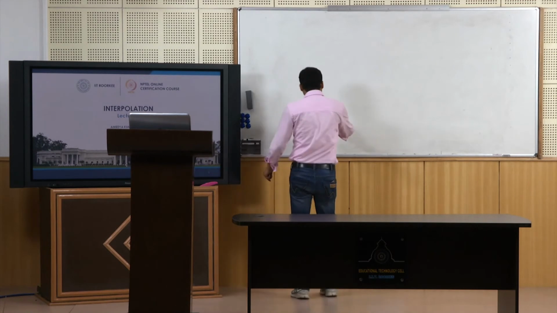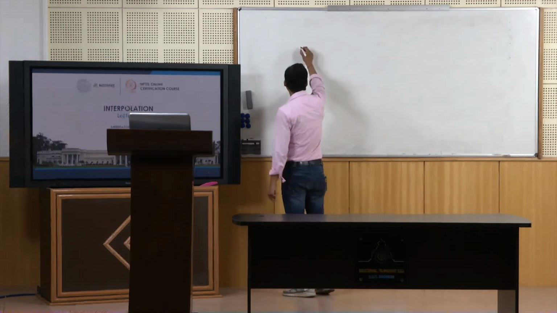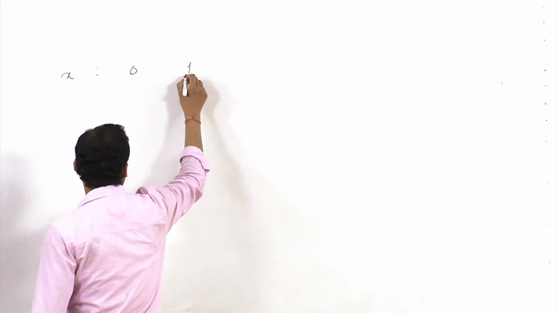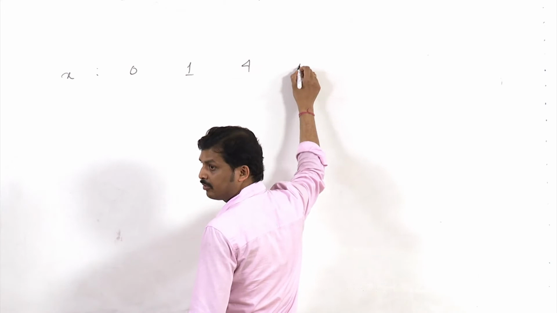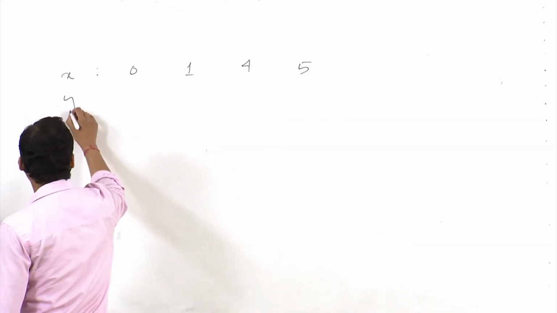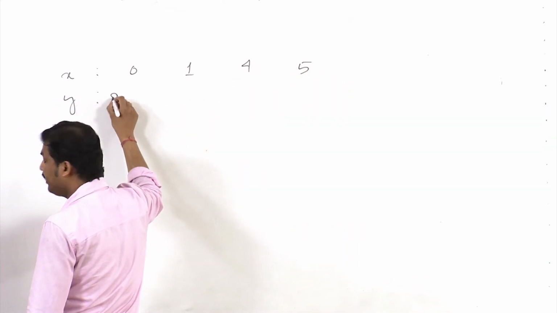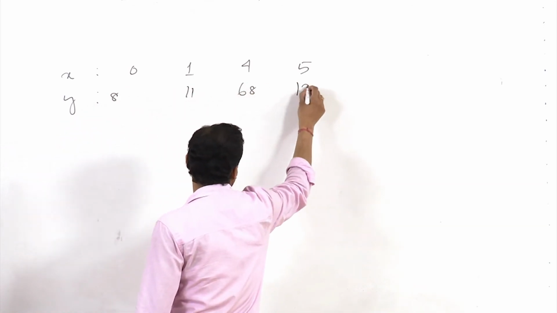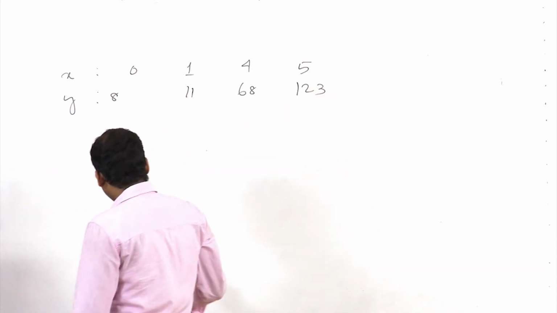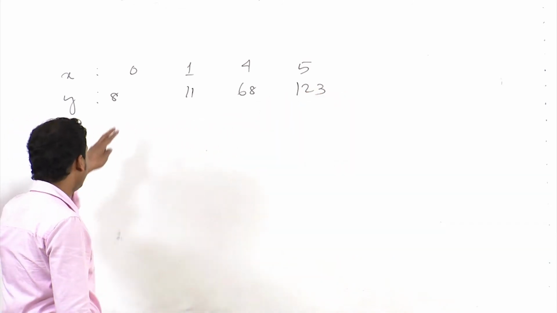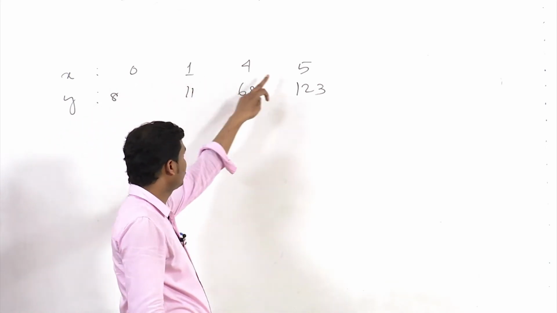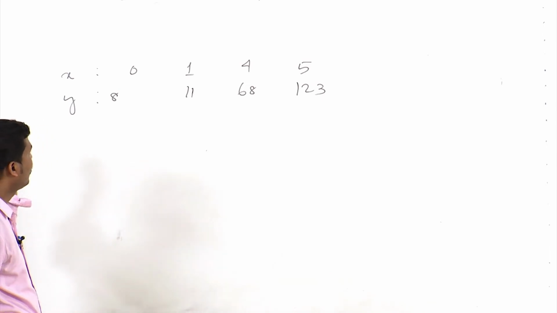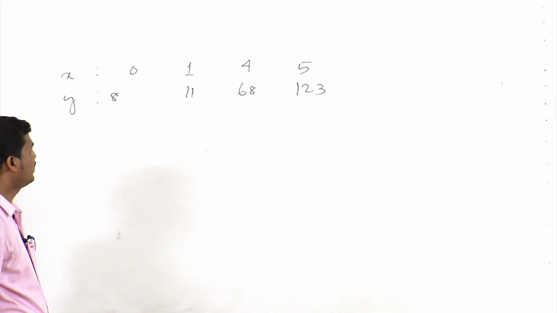Since the data points are given in the form x as 0, 1, 4, 5 and corresponding y data given as 8, 11, 68, 123, and since we have these points 0, 1, 2, 3,